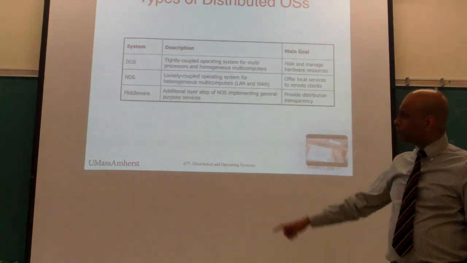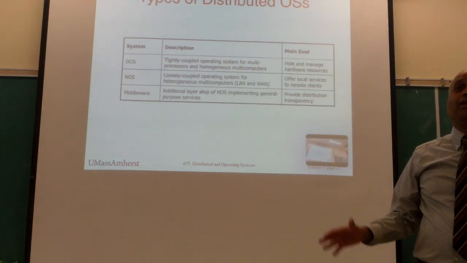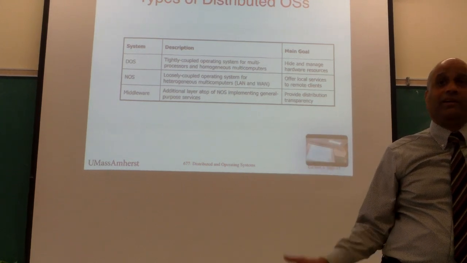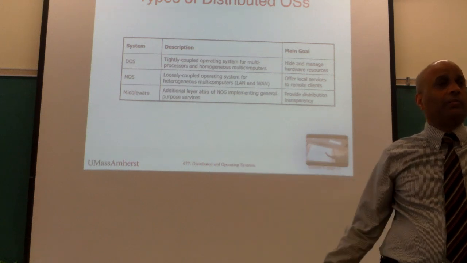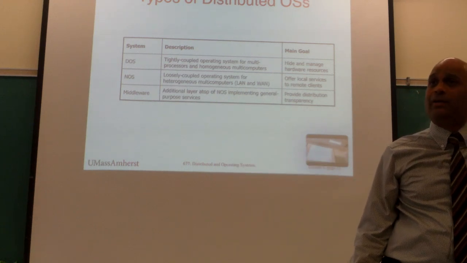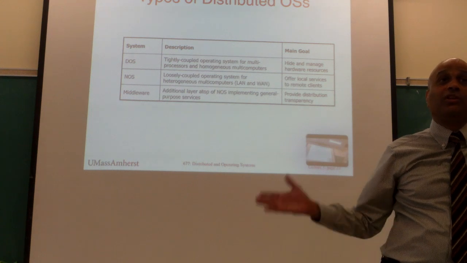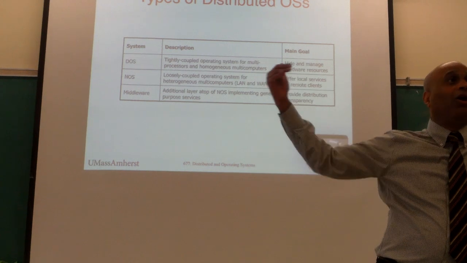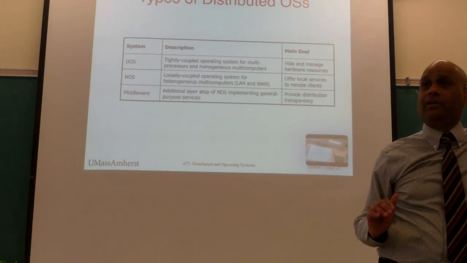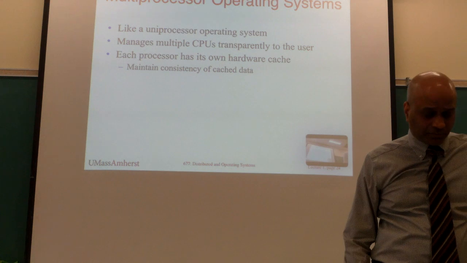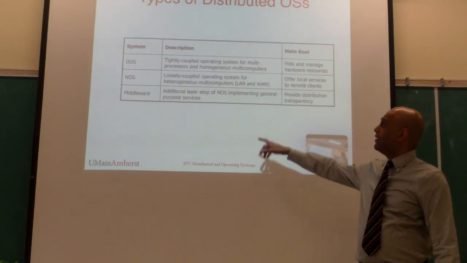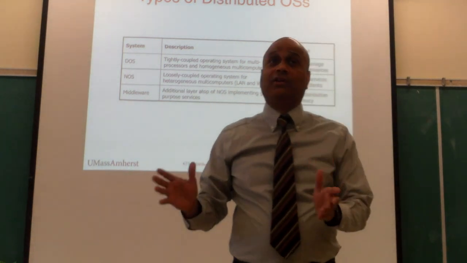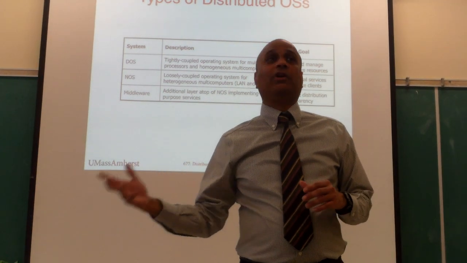So we have distributed operating systems, but that's hard to pull off. Just as microkernels were a good idea that have some disadvantages, distributed operating systems are incredibly complex to build. You have to hide lots of things from the user, manage it on behalf of the user, and so on. So most operating systems don't actually go all the way. They use what is called a network operating system abstraction, which basically says that you are going to run a uniprocessor operating system,